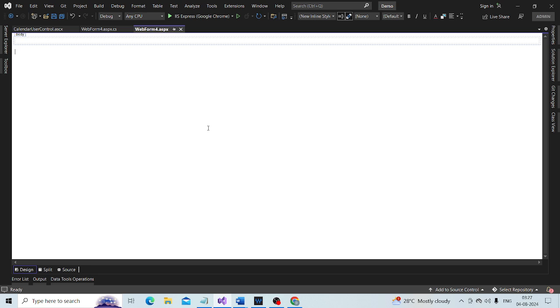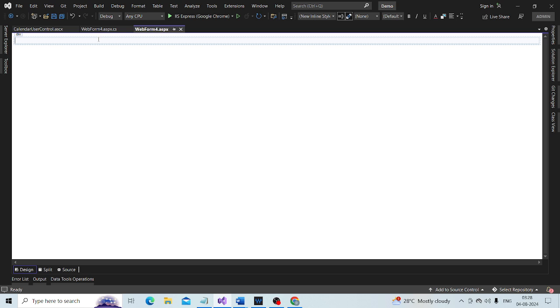So if you want to specify that at this specific location I want to load this user control dynamically, then you use a placeholder control there, and to the placeholder control you add that user control.